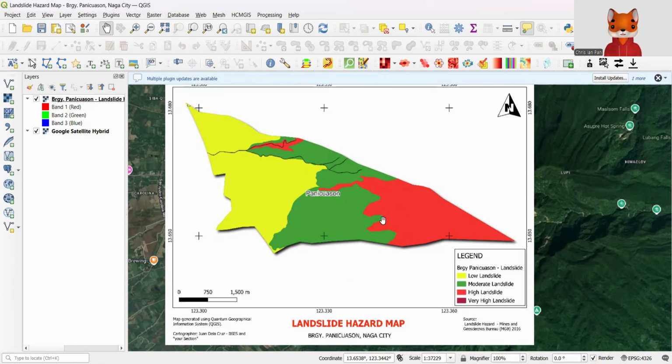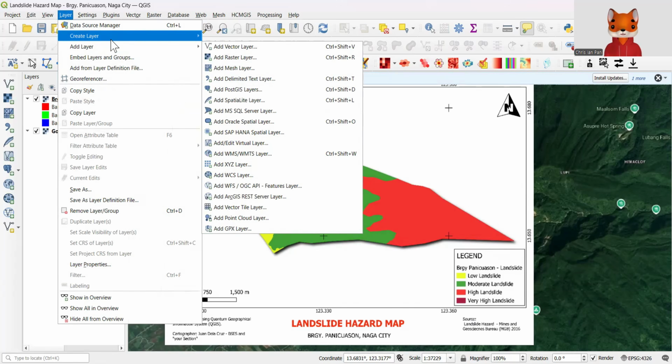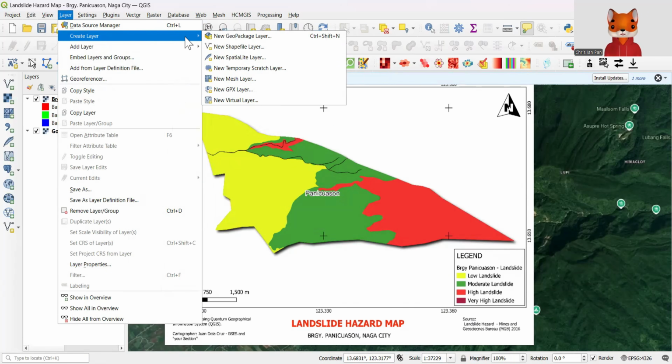The process is digitizing and our file format should be polygon. First step, we go to layer. We will create a new shapefile layer. So select create under layer, select new shapefile layer.